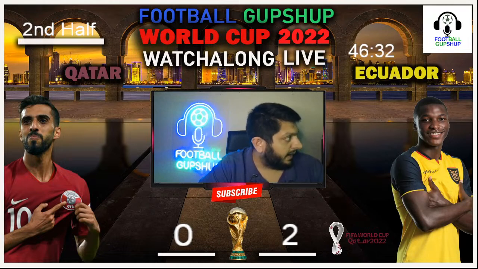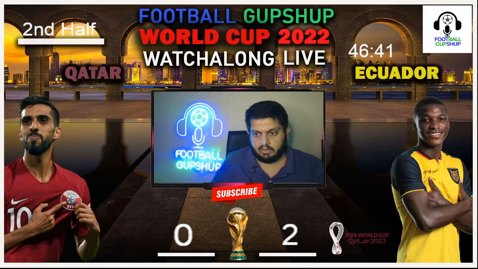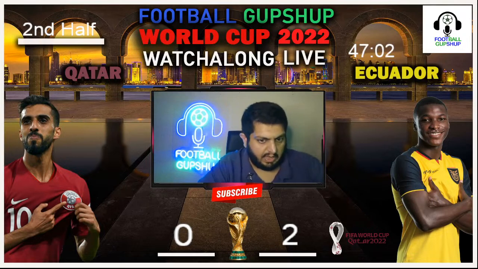Ecuador pushing that ball back. And you can see Qatar are trying their very best to put that high press in, but Ecuador are able to negate it. And you can clearly see there is evidence that Qatar are trying their very best, but so far they haven't been able to do so. So let's see what is going to happen.